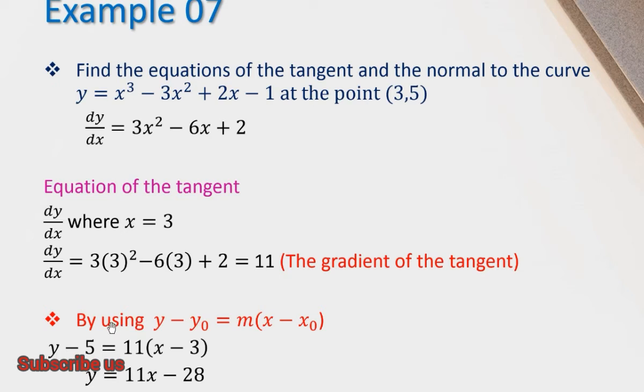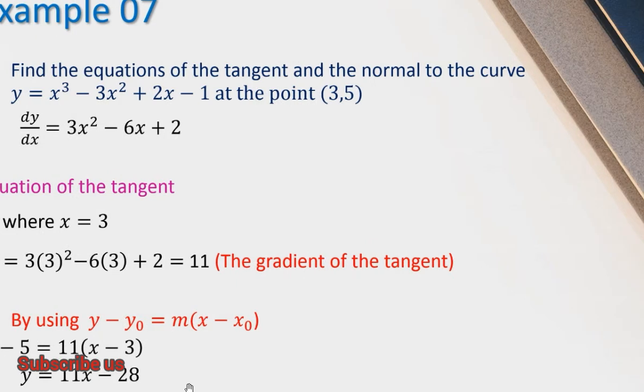By using y minus y naught equals m times x minus x naught, I think you know the basic theory of a straight line. After substituting, we can get the tangent line equation y equals 11x minus 28. Next,